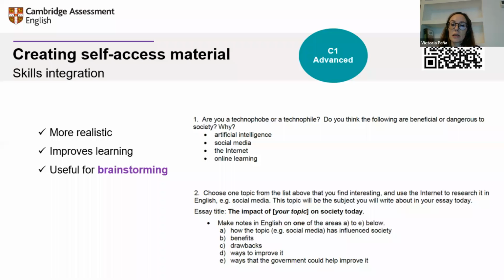Yes, here we can see an example. We can use speaking to discuss information, to try to motivate our students, and also help them activate their vocabulary and schemata. And then reading is very useful for research. So if we want our students to have some background information, they can read about the topic of the lesson and get some ideas that they can later use for the different activities.